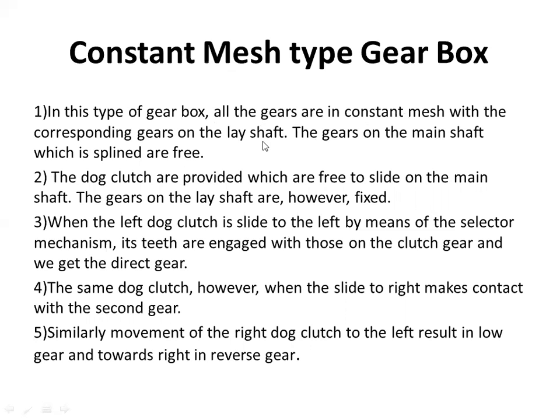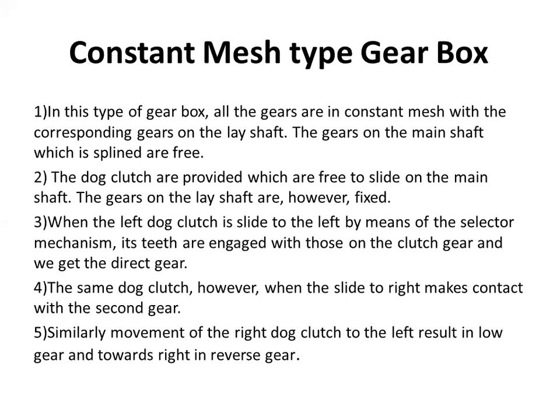The gears on the main shaft, which is splined, are free. The dog clutches are provided, which are free to slide on the main shaft. The gears on the lay shaft are, however, fixed. When the left dog clutch is slid to the left by means of the selector mechanism, its teeth are engaged